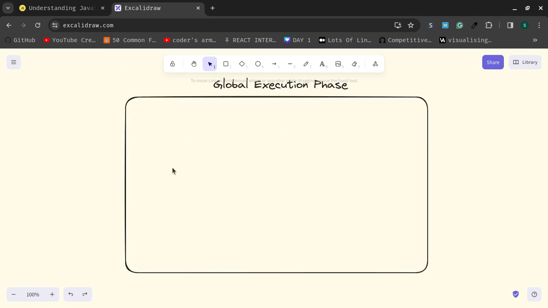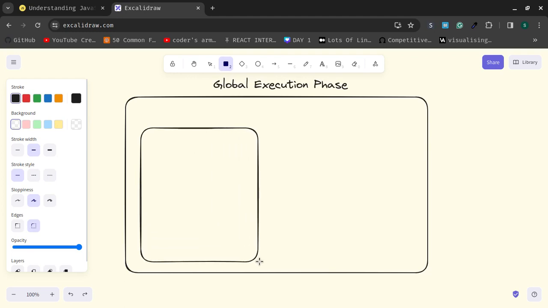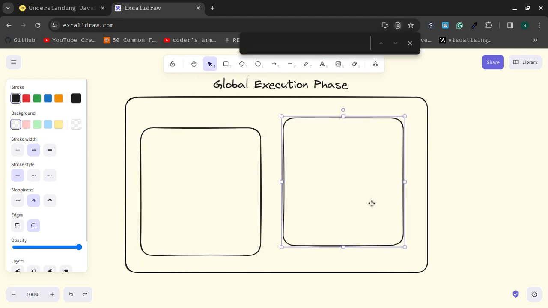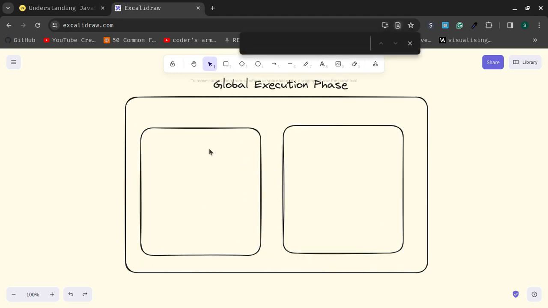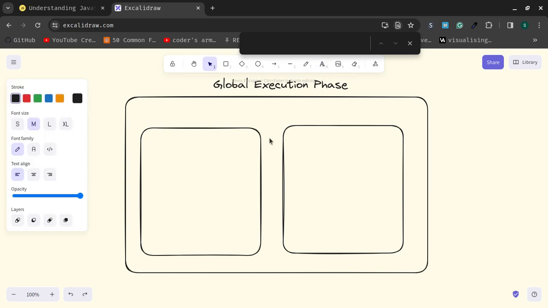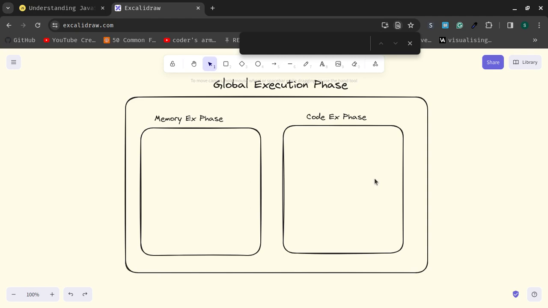Okay, now over here you have two more things. Here you got this one, and I will duplicate this, and here you got the second one. So the first one is called the memory execution phase. The second one is called the code execution phase. Okay, code execution phase. So let's talk about these two phases in my